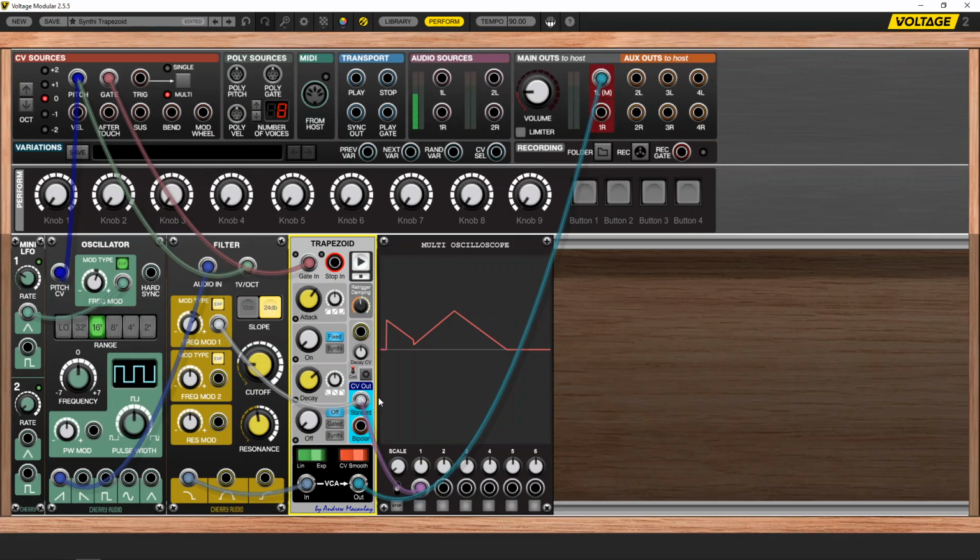So I'm really, really pleased with what Andrew's done for this, especially as it was me that raised the request in the first place. Fantastic response from Andrew, and just wanted to say thanks very much for implementing that. It's a real boost to the functionality of both of these envelopes, and it really makes you think about what notes you're playing and how you're playing them,